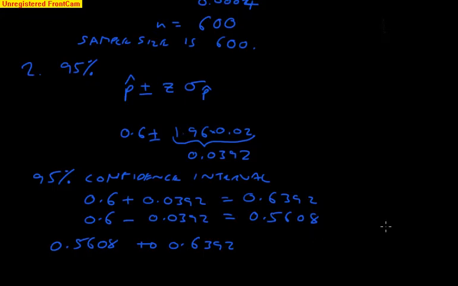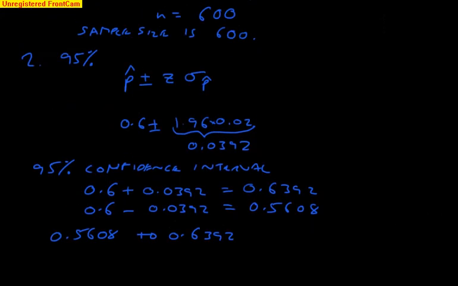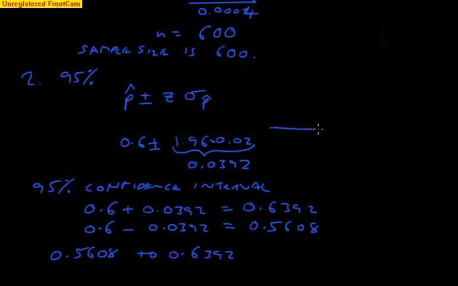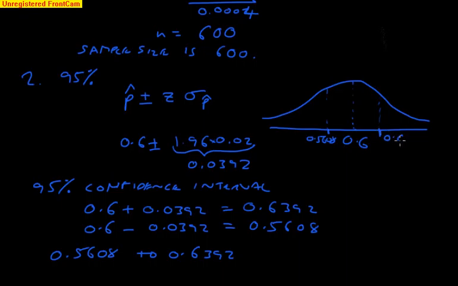I think I'm going to draw a picture to go with this over here. That's meant to be a normal distribution. I know it's very, very poor, but there we go. I've got the mean of 0.6. I've got 0.5608, which is there. And I've got 0.6392, which is there. And this in between here is 0.95. Okay,